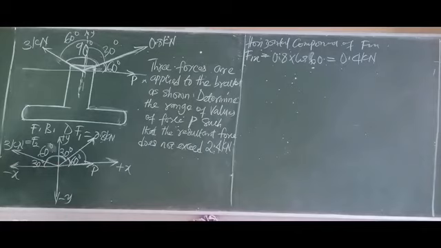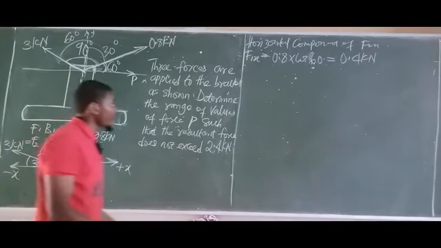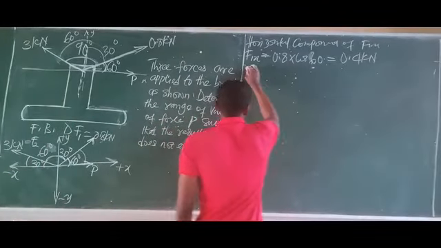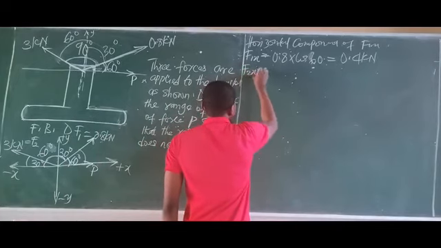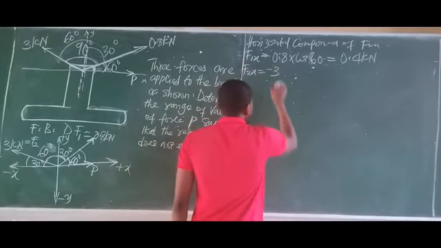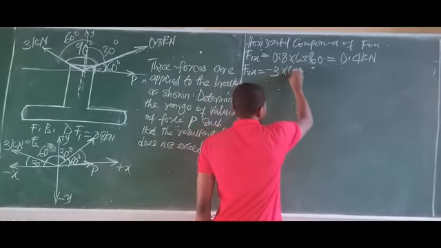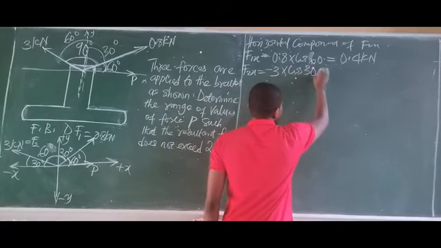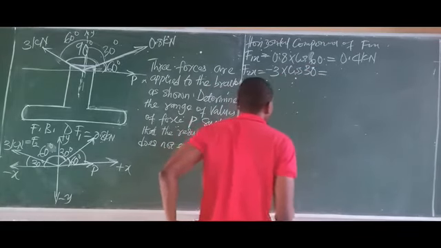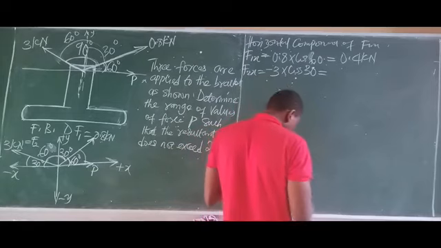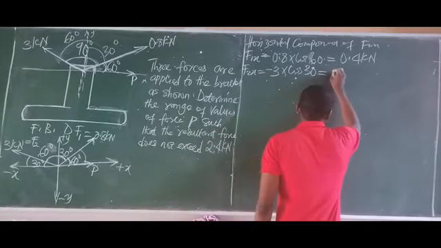It points to the left, which makes it a negative force. And then again, it moves all the way from here to this point, covering this angle 60 degrees. So remember, multiply the force by the cosine of the angle it passes through. So in this case we have minus 3. F2x is now equal to minus 3, minus because it points to the left so it's a negative component, times cos 30. So we have minus 3 cos 30. I'm going to punch this all at once. So we have this to be approximately minus